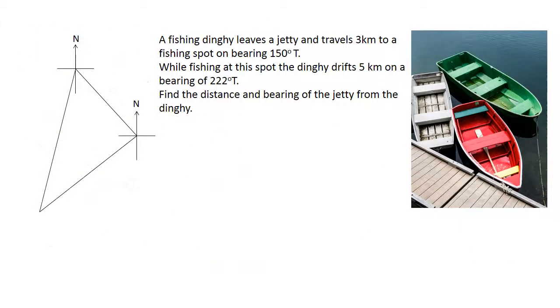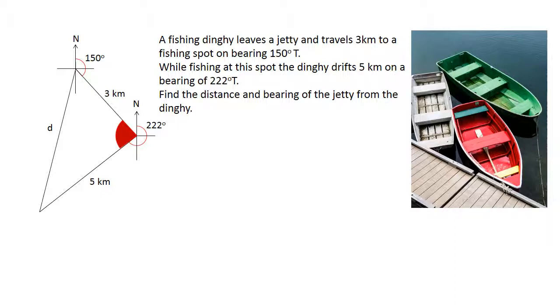A fishing dinghy leaves a jetty and travels 3 kilometres to a fishing spot on bearing 150 degrees true. While fishing at this spot, the dinghy drifts 5 kilometres on a bearing of 222 degrees true. We need to find the distance and bearing of the jetty from the dinghy. In order to work these out, we need to know more information about this triangle, in particular angles inside this triangle. If we could work out this angle here, we would be in a strong position to work out D